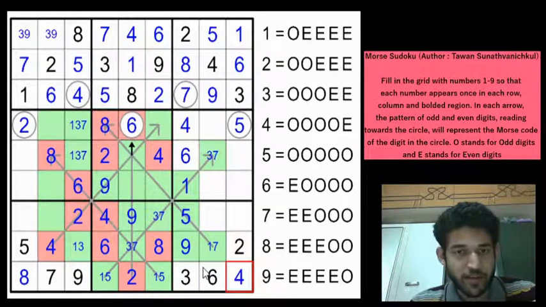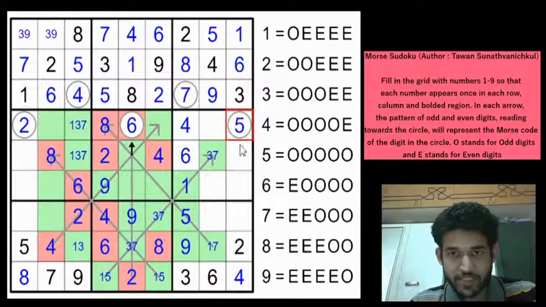Very nice solve path, guys. It's really enjoyable to solve such Sudokus where you have to think based on the common pieces of information that you can gather from the Sudoku. And if you look at column 9, 1, 3, 5, 6, 2 and 4 have been marked. Remaining digits are 7, 8 and 9.